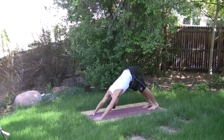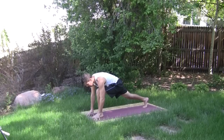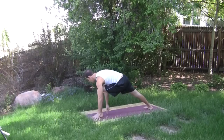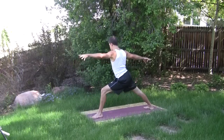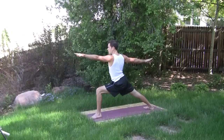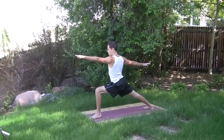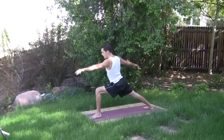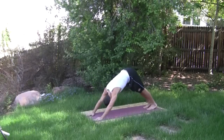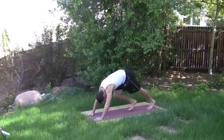Now step the left foot forward in between the hands. Come into the lunge, then pivot the right toes, drop the heel to the earth, open into Warrior Two. Again, 2 breaths. Then exhale, release, step back into downward dog, and then we're going to either step or jump the feet forward